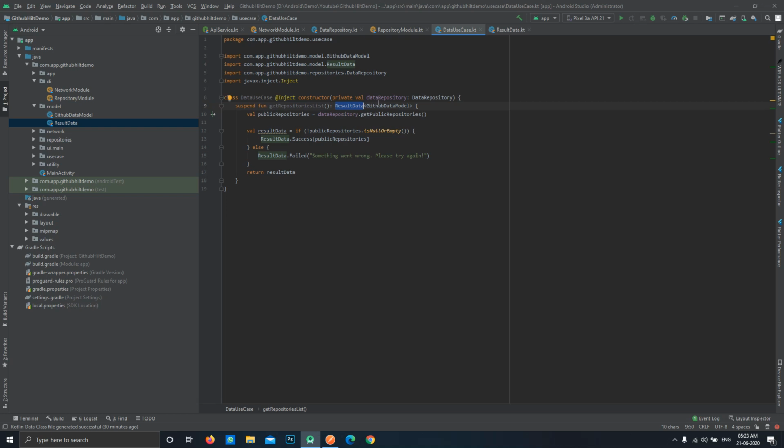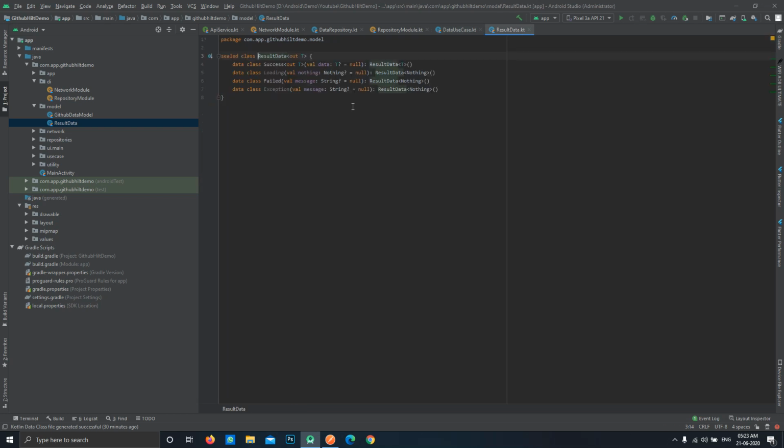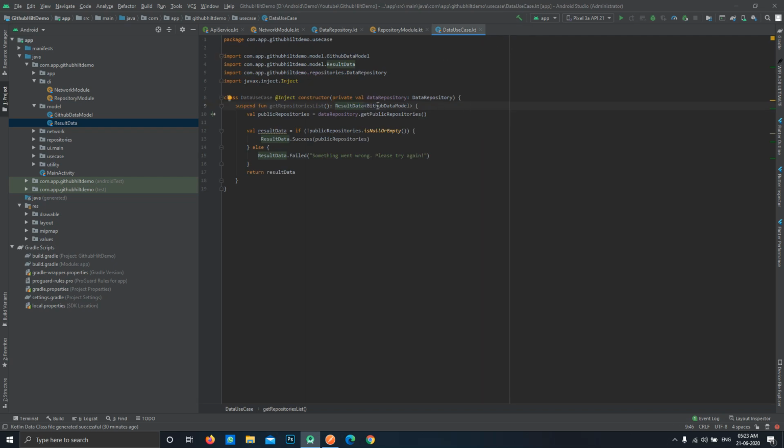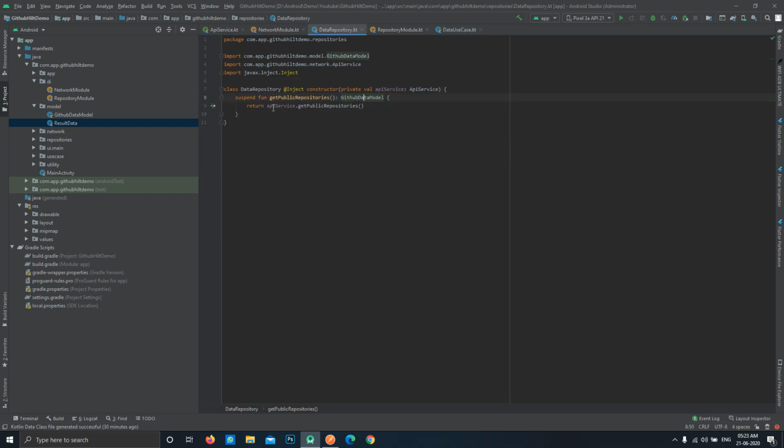So here we need to define the type actually. This is the benefit of generic types. Here I have defined a generic type, so I have the flexibility to define my own types based on my needs. Okay, so this is all for our data class and repository class.